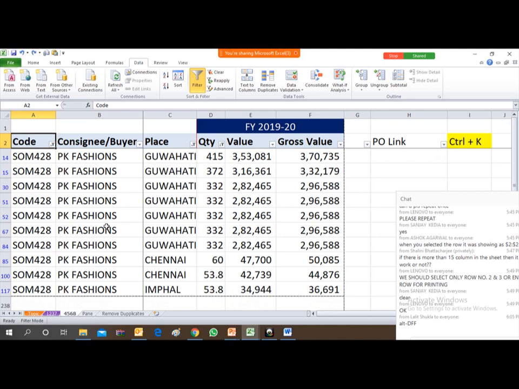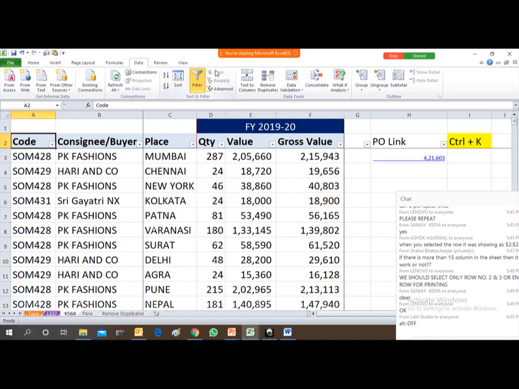Now I want to show how to make shortcut keys for yourself. It will depend on your version of Windows or MS Office. I'm using MS Office 2010. So here you just press Alt. After pressing Alt, you will see under Data it's showing A. So I will press A, and under Clear it shows C. I will press C. As soon as I press Alt A C, all the filters are cleared now. So friends, it's a shortcut you can create yourself.